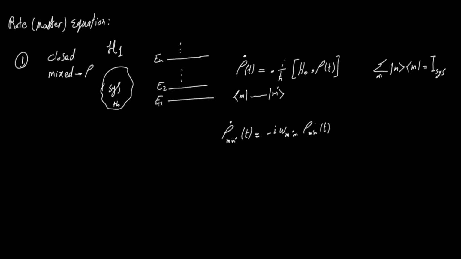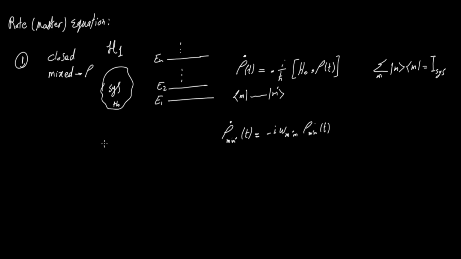This is a very simple case in which we have just a mixed state which is closed, and there is no external perturbation and no external interference from the environment, which would be the second Hilbert space. All we have here is the first Hilbert space, which belongs to the system. Now,